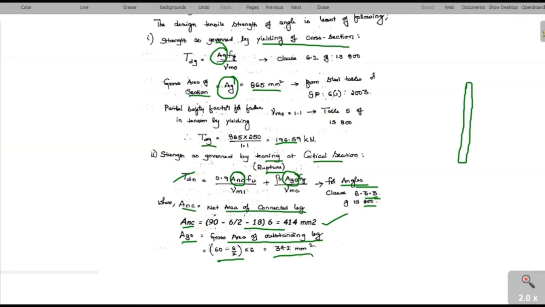Okay, so now put these ANC and AGO values in TDN and you are going to get the value of TDN. Of course, we have another parameter, that is beta, which has to be calculated in this expression here. This beta is given by this simple expression 1.4 minus 0.076 into W by T into Fy by Fu into Bs by Lc. See here,